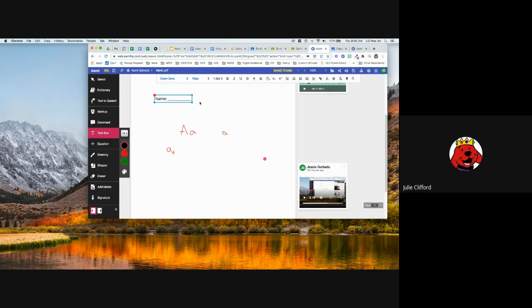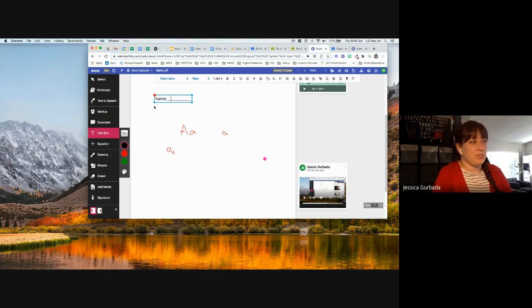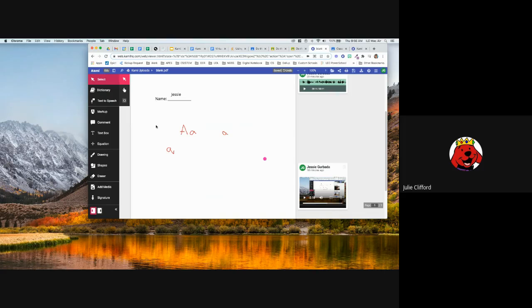Right. I don't think that's how Cami works. I think Cami says, okay, Jesse did this one. So then as a student, I would have to click text box and then put one right here essentially and put my name. And then when you scanned a document and you did the OCR,